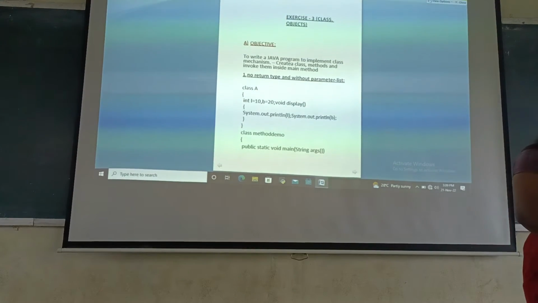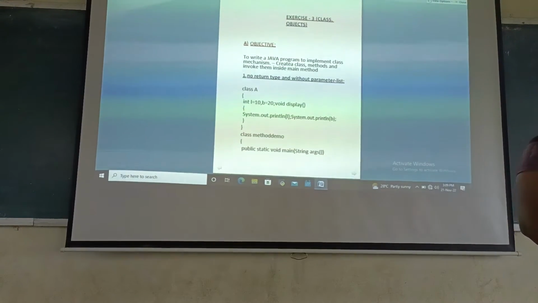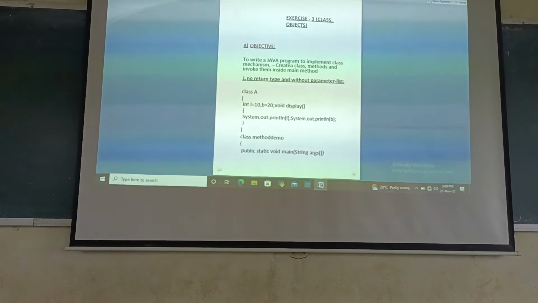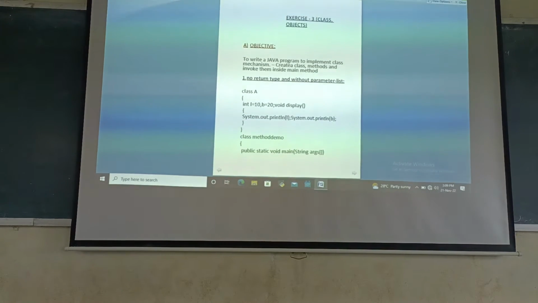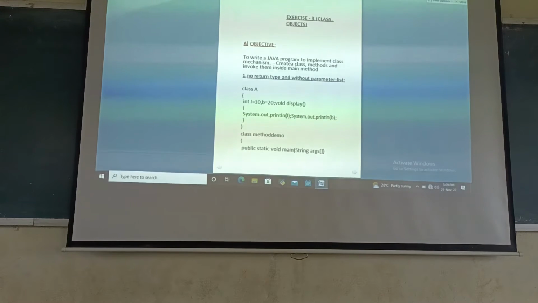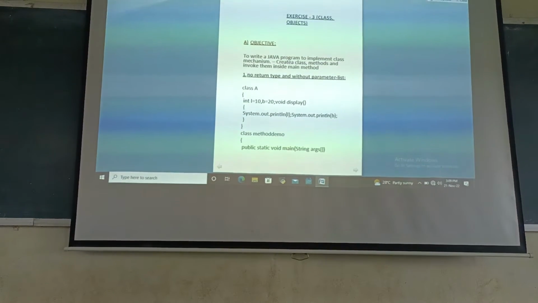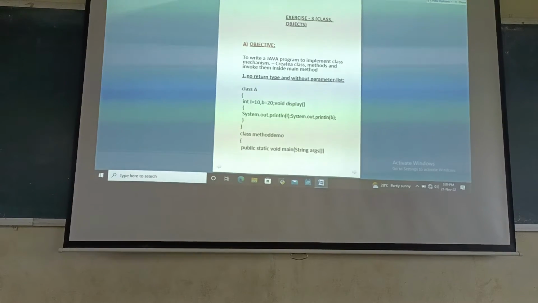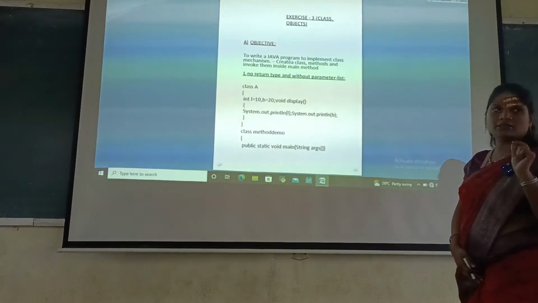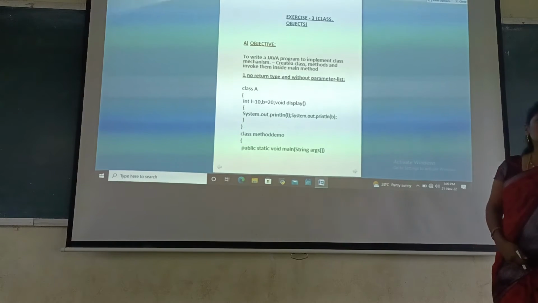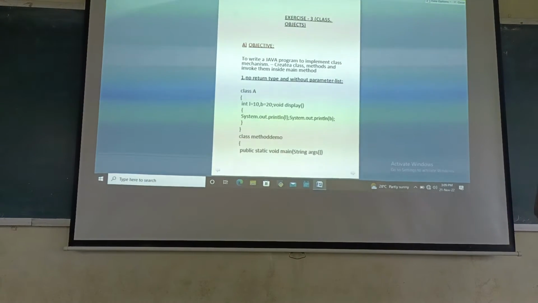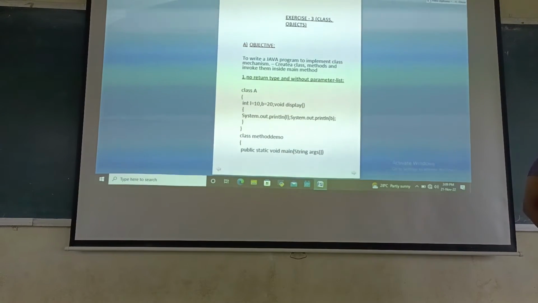For example, if we write a program of 100 lines, then what we have to do? We create a number of smallest parts, right? So these smallest parts are called methods. Clear? So a method is nothing but a number of modules present in our program.